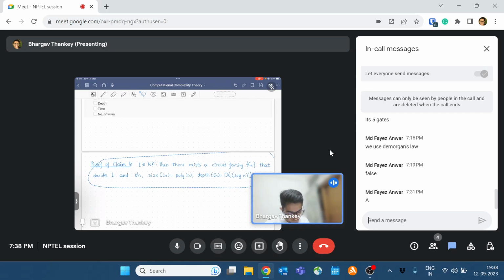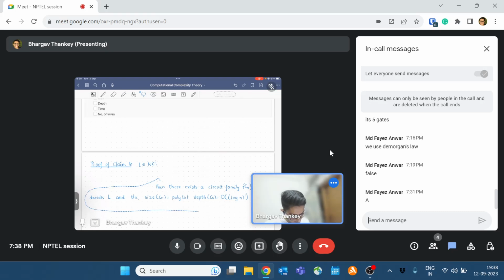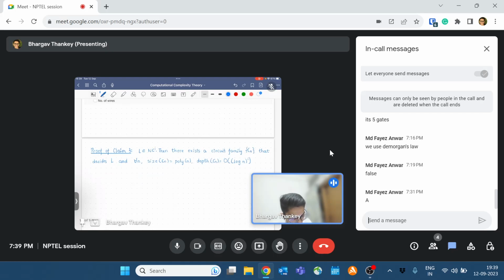If L is in NC^i, we have a circuit family C_n that decides L, and for all n, the size of C_n is poly(n), the depth of C_n is O((log n)^i), and C_n contains